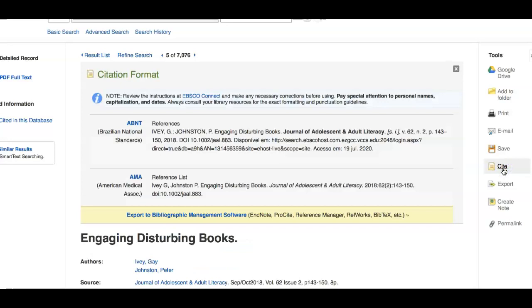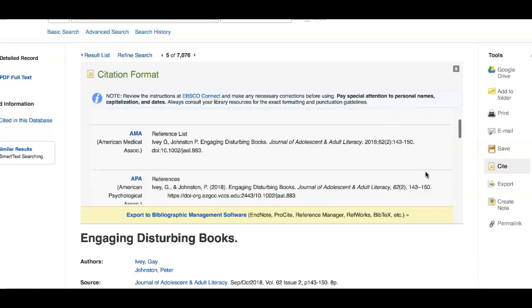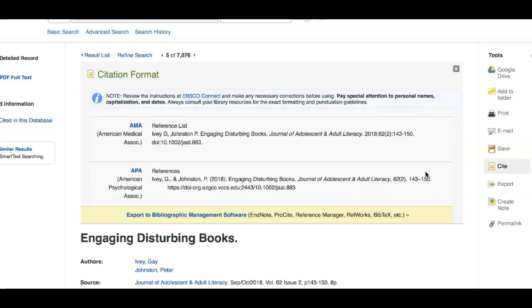And I'm showing you a little cheat way, so to speak, to get your citation without having to take the painstaking effort of finding all this information and then putting it into a citation yourself. So here I have my APA citation, and all I have to do is copy that